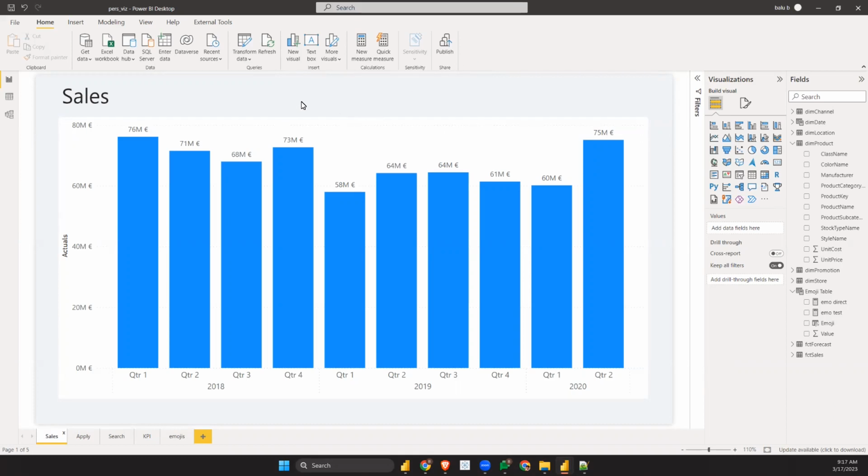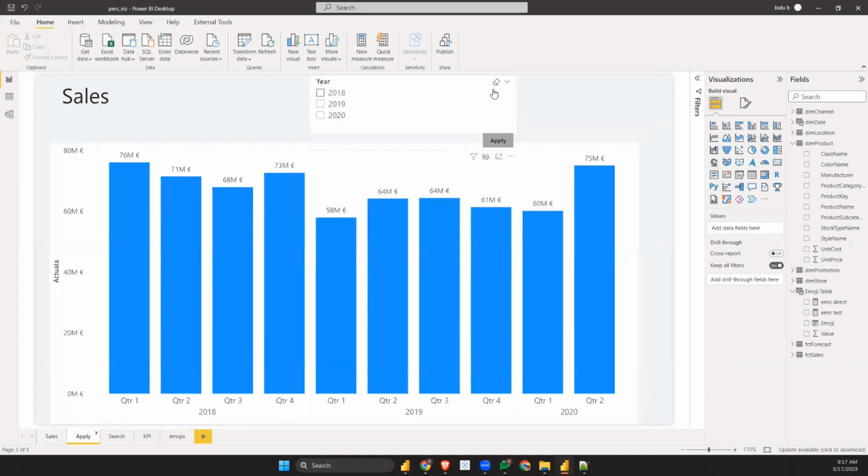Today we'll be going through a couple of Power BI tips. First, I'll show you the outcome. What we are trying to achieve here is in a slicer, typically we don't have an apply button. So we are trying to get an apply button in the slicer so that we can make all the changes whenever we are ready. In order to get the apply button, we'll navigate